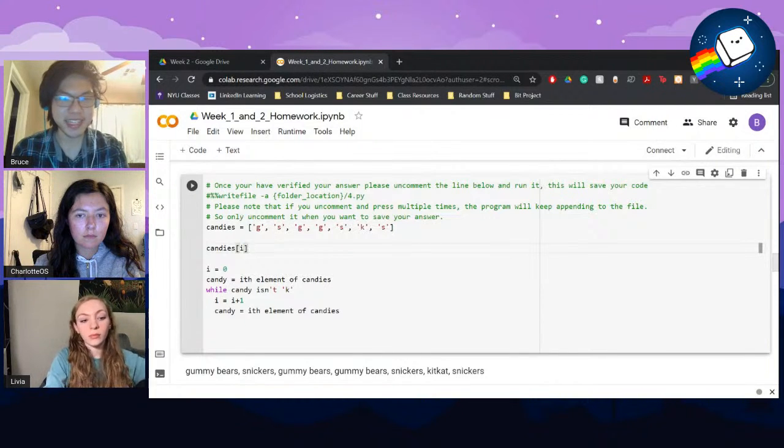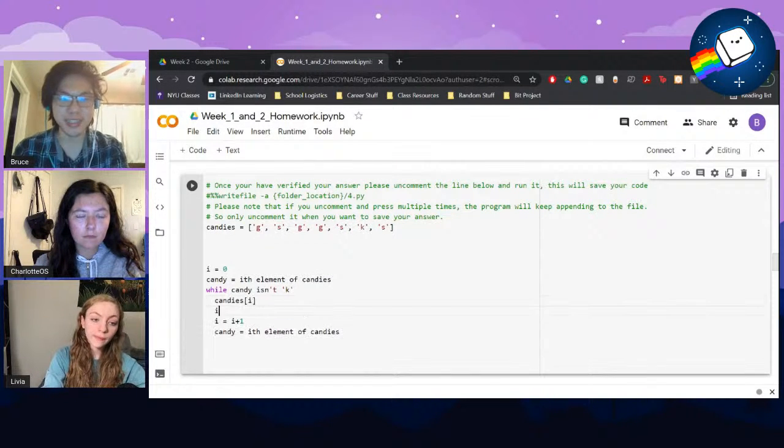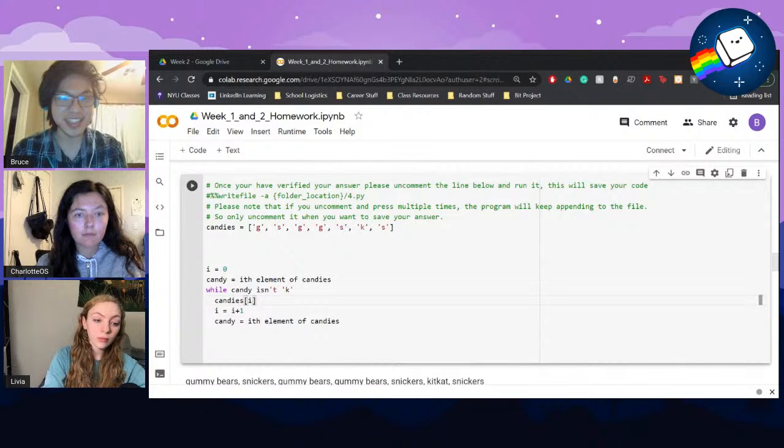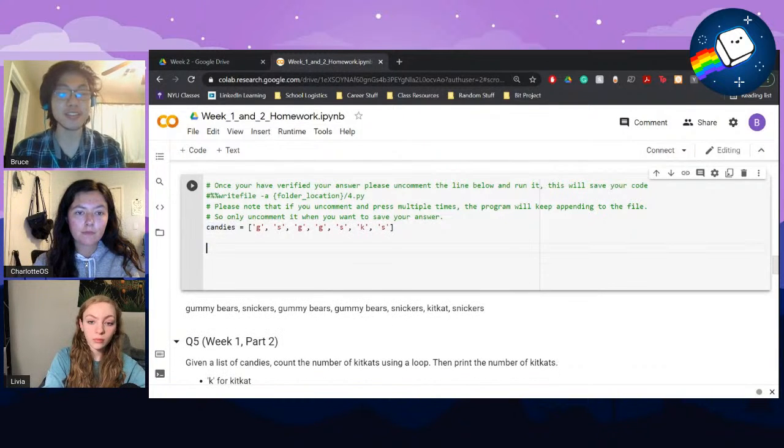And then we need to keep track of i, and if we want to access the next element of candies while we're in the while loop, we need to increment i, which is exactly what we've done here. That's possible, yes, but generally speaking, the for loop does all of that for us for free. So if we say for candy in candies,